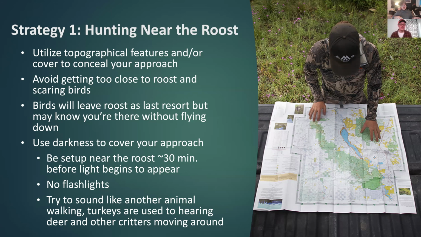So look at your entire path. Don't look at just when you get close to that area. Think about using some topographic features to cover you. Maybe you have some really hard edge where you have a really thick stand of woods that you use to conceal your approach. When I start to get within 300 to 400 yards of a roost in the morning, I'm going lights off. I'm not using a headlamp. I'm usually just going by the darkness and the lightness of the moon. Normally that's pretty well lit this time of year, so you can get away with it.